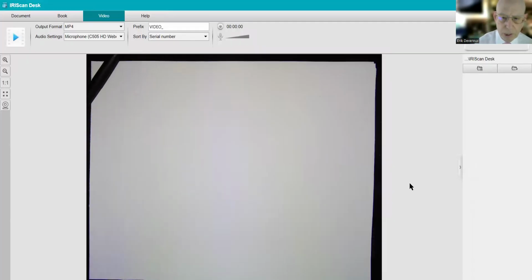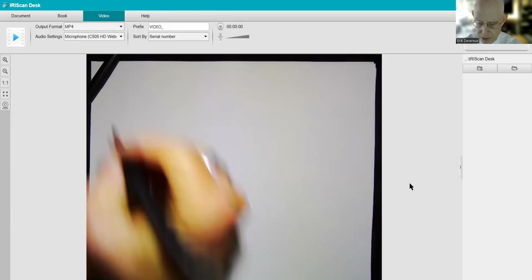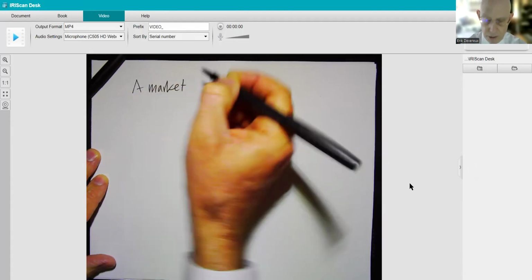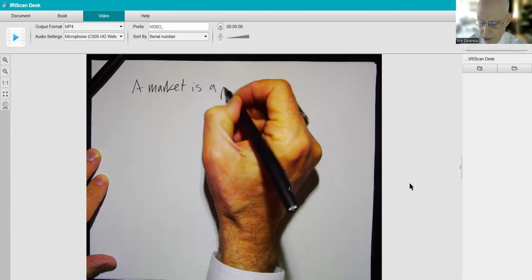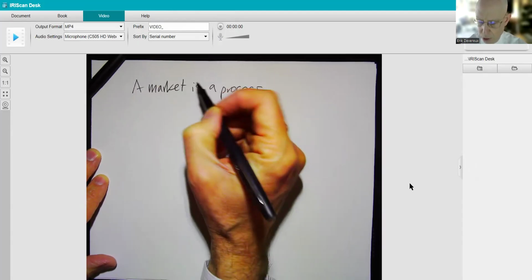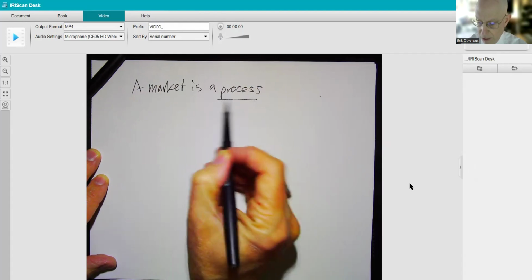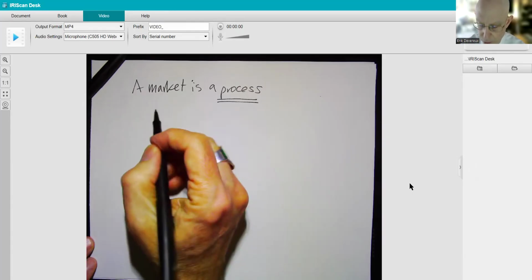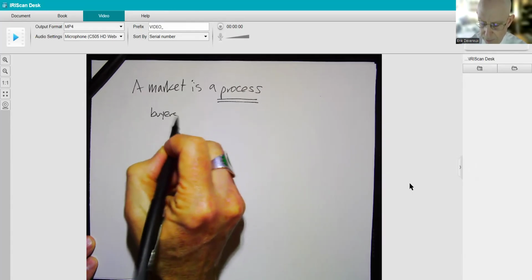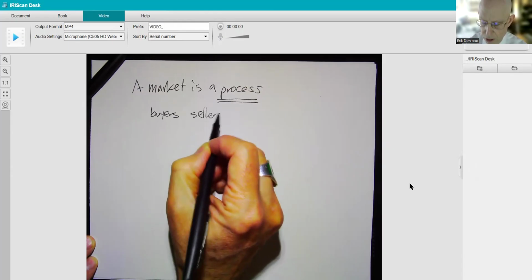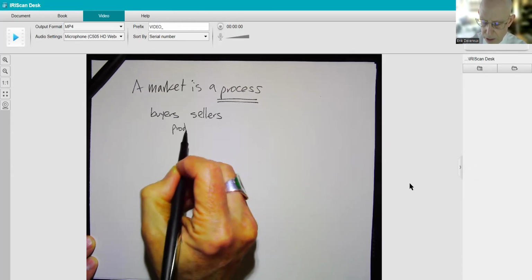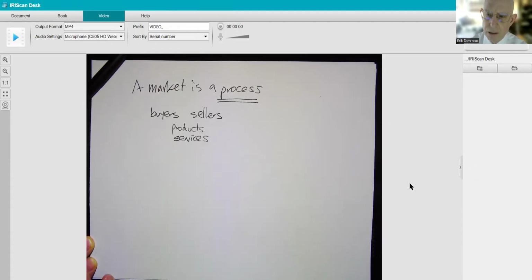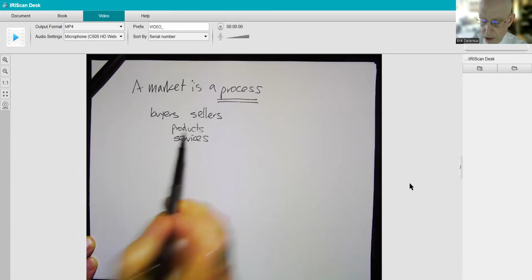So the first point I want to make here that's really important is that a market is a process. And this entire section of my book is focused on process modeling. A market is a process. It is not a static thing. It is an active process in which you have buyers, you have sellers, you have products, and you have services. And they are negotiating between the buyer and the seller about selling a product or service,